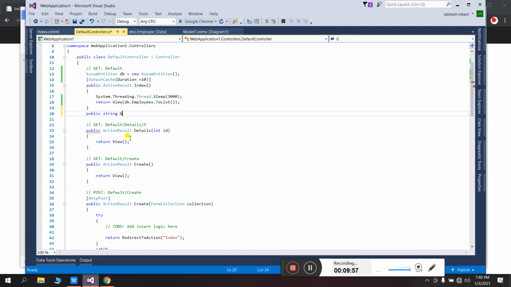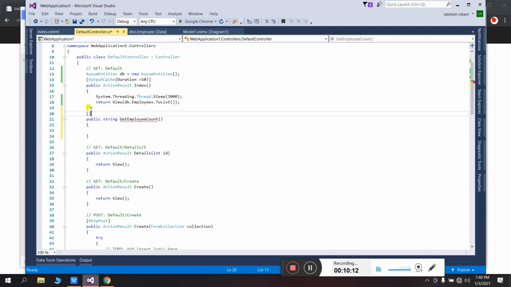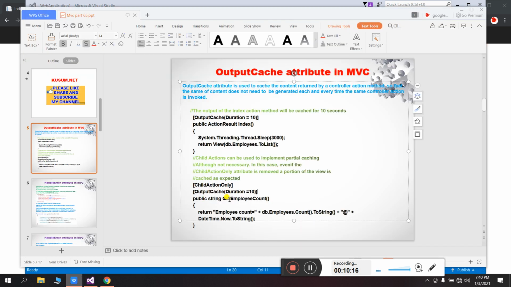So let's create that method, public string GetEmployeeCount.